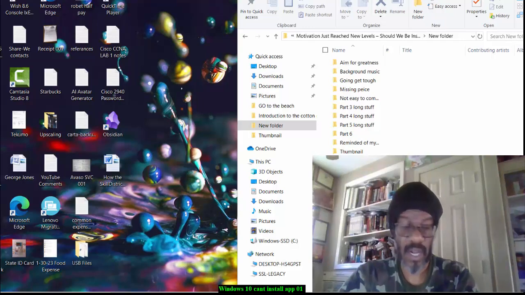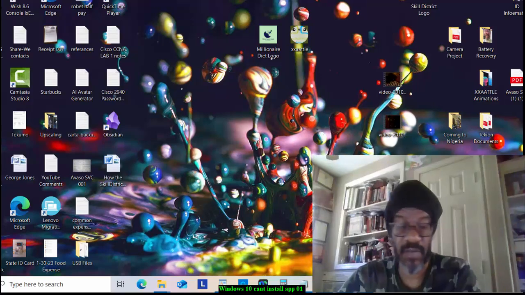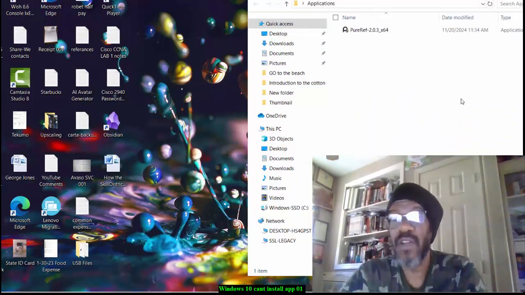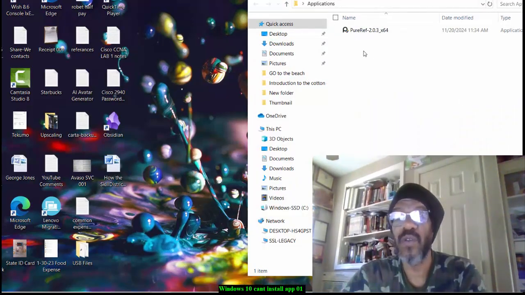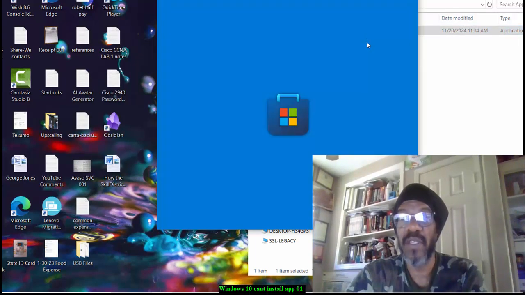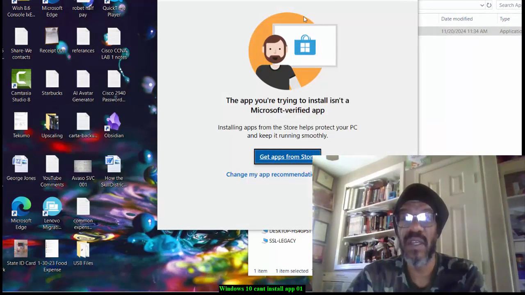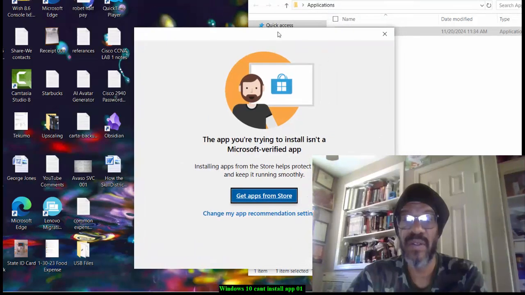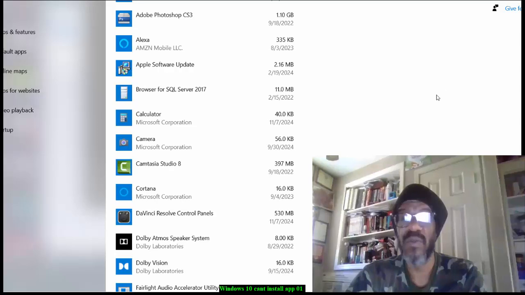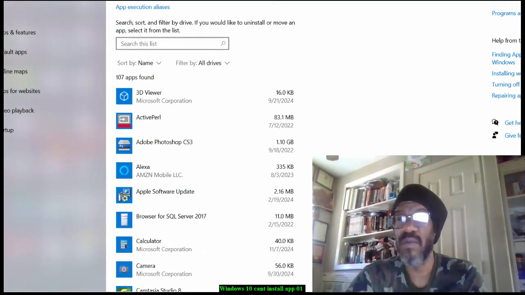Welcome. So I ran into this problem again and I forgot how to resolve the issue. So I'm making a video to try and figure it out. Right here, I'm trying to install this application. It's called PureRef. And when I try to install it, I get this error right here. Normally when I get that, I go here and